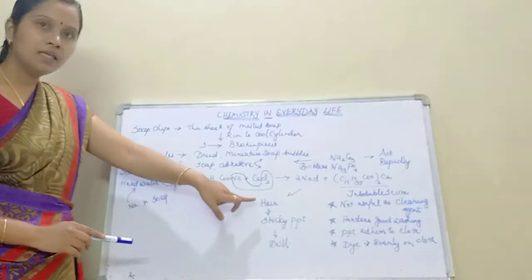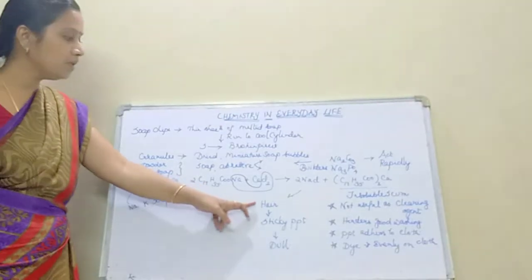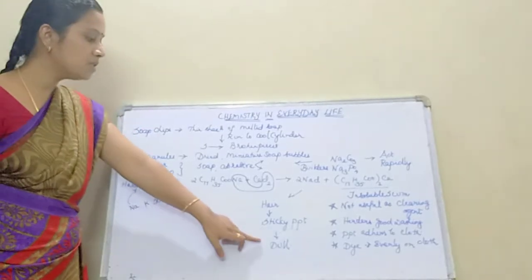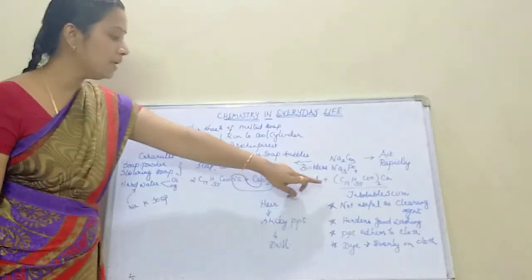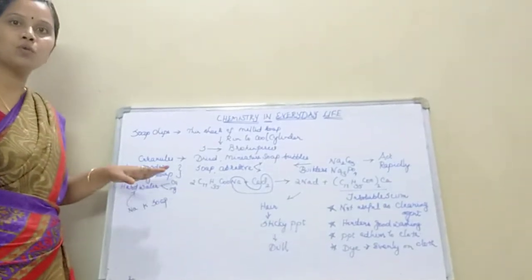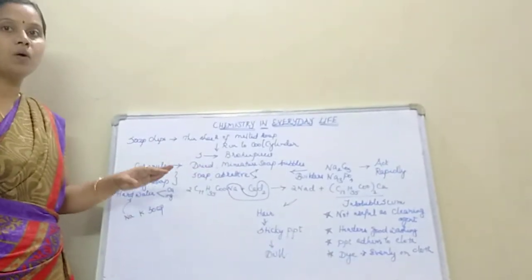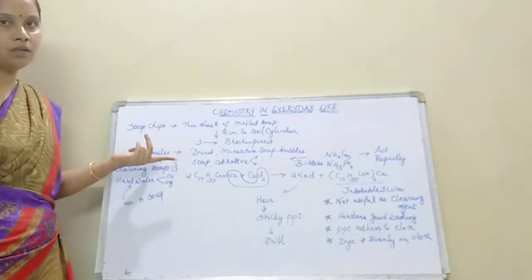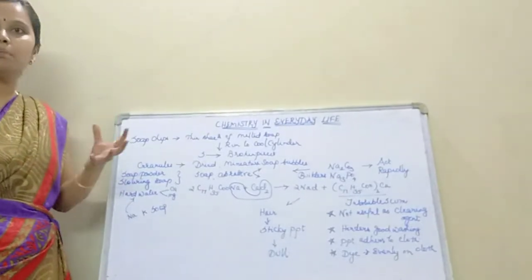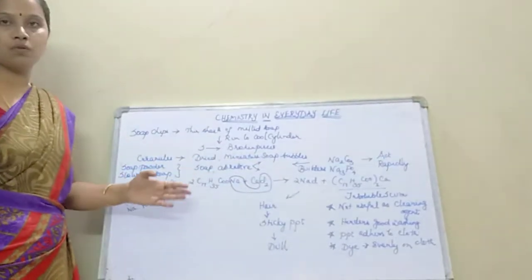When a bathing soap is applied on hair and you take a bath with hard water, even your hair will not appear shiny, it appears dull. Why? Because of the formation of sticky precipitate. So this is the action of sodium soap and potassium soap in hard water. In hard water they are not as effective as in soft water, because of the formation of insoluble scum, a gummy material which hinders its activity and reduces the effectiveness of a soap.